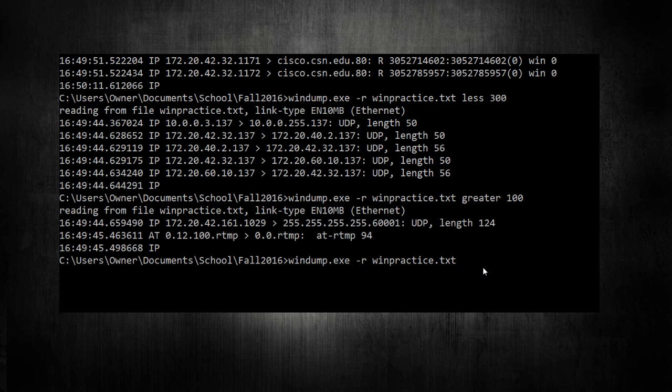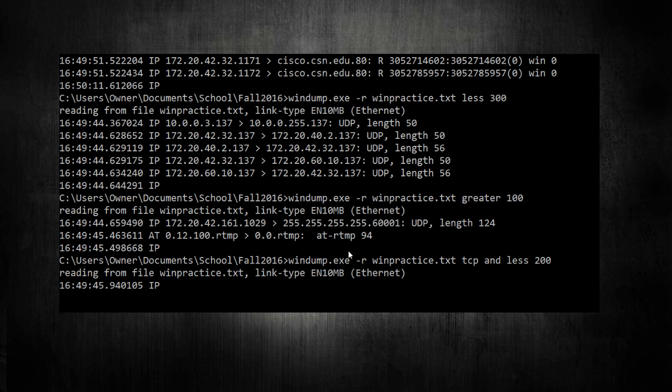Anyway, if we want it to do two commands at the same time, we can do that. We just have to tell it that it's doing multiple commands at the same time. So say we're looking at TCP packets, and we want everything that is smaller than 200 or something like that. We're going to specify the protocol. We want it to be TCP, and then to get it to work multiple commands at the same time, we just have to type AND. So we're going to say TCP and we want everything smaller, so less than 200.